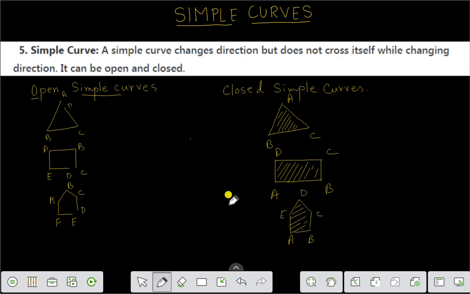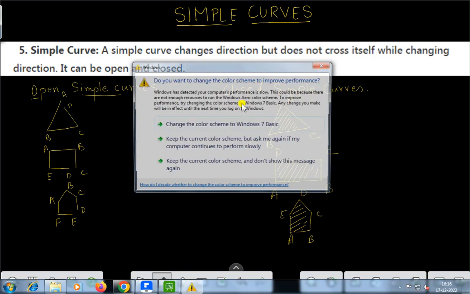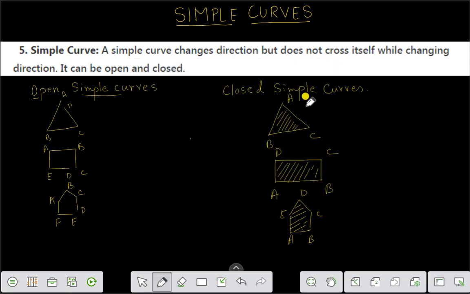right? Therefore, we have represented the simple curves, that is, open simple curves and closed simple curves. This is an open simple curve. It has two endpoints. In closed simple curves, there are no endpoints and they have a fixed area: ABC, ABCD,